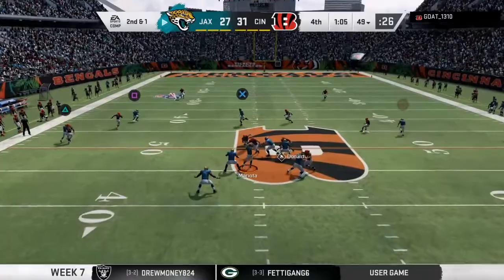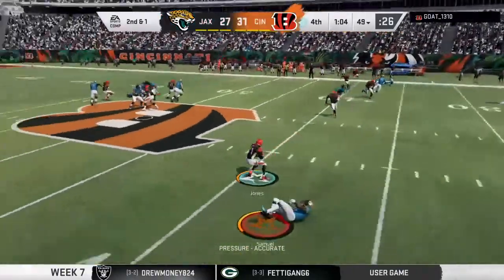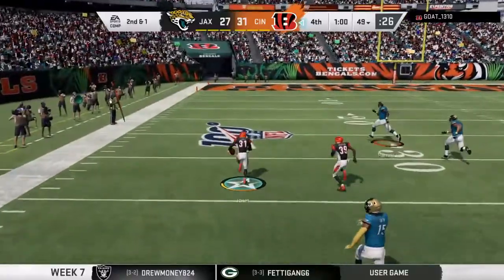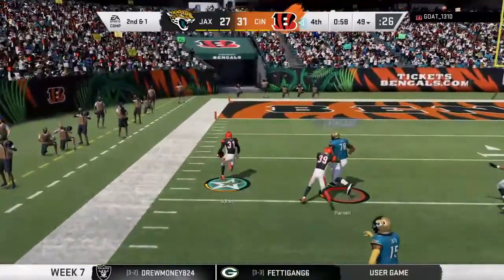He's back to throw. And, oh, a crusher there as it's intercepted. Picked up by Jonathan Jones. And he's